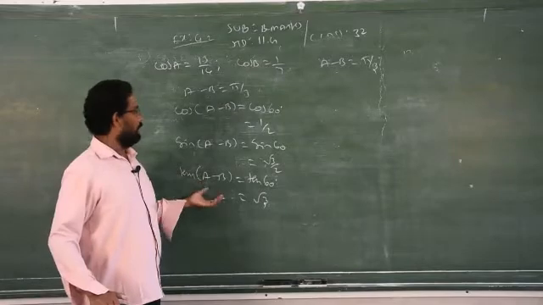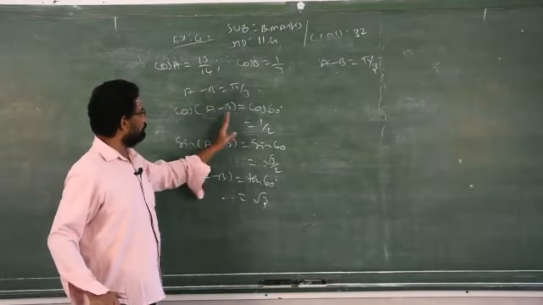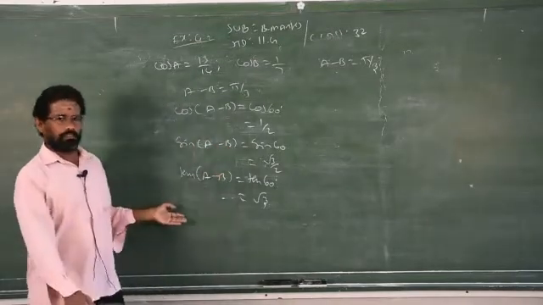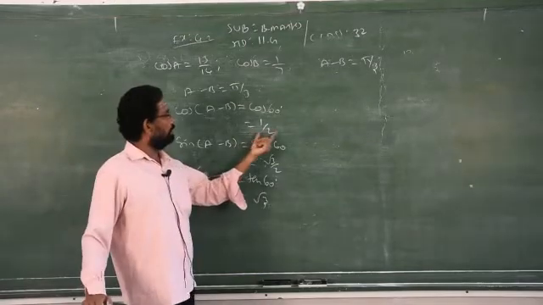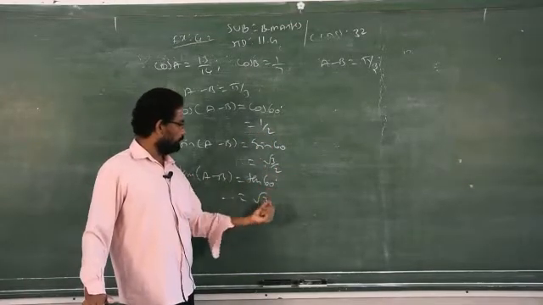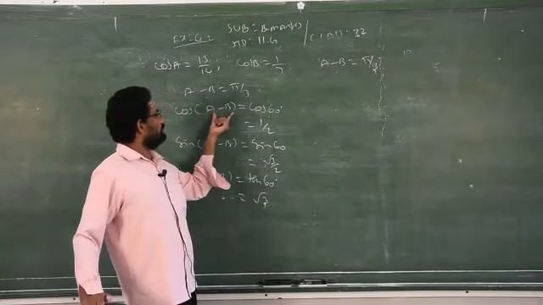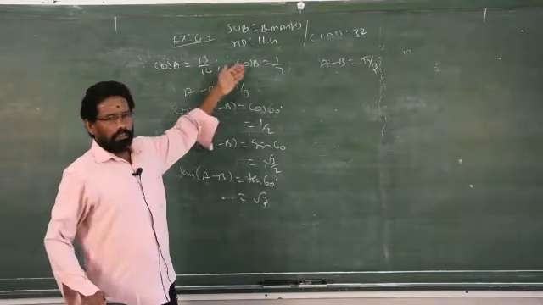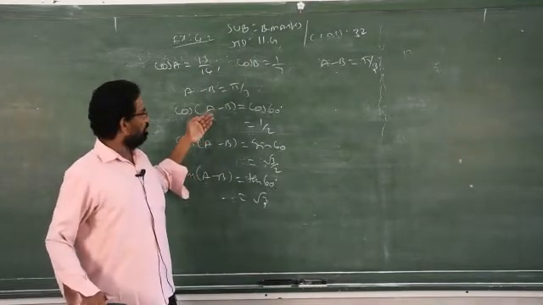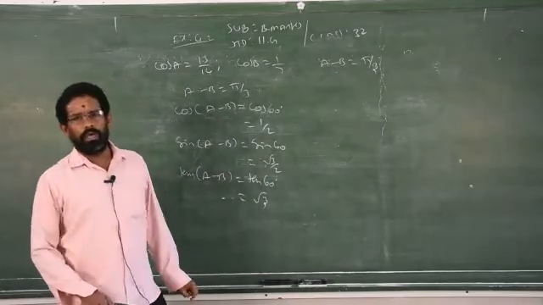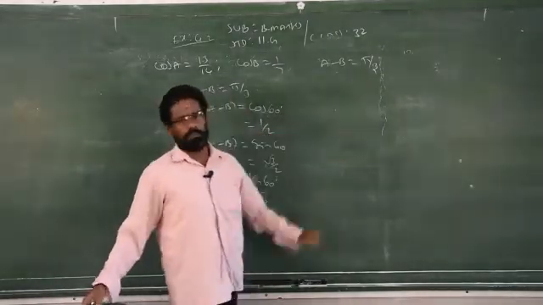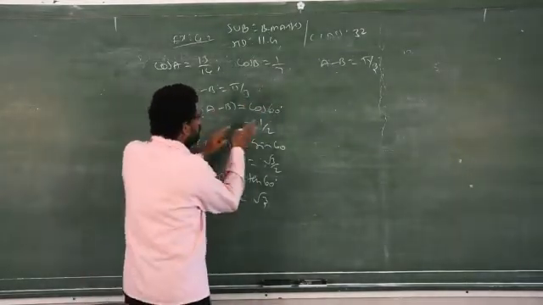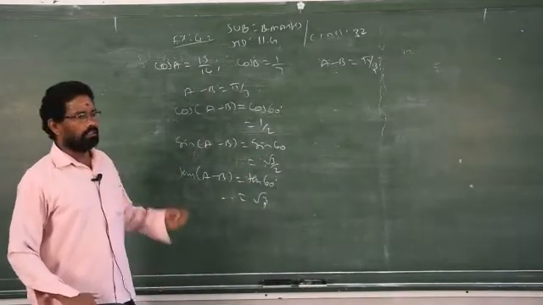Clear? If you simplify the left side by using the cos A minus B formula or the sin A minus B formula or the last one, your right side answer should be in terms of 1 by 2 or root 3 by 2 or root 3. So if you use the cos A minus B formula, after replacing these values in this formula, when the final answer is 1 by 2, then you have to say that it leads to which angle? Pi by 3. Reverse process. So you have to prove the left side answer is equal to the right side answer. Clear? So there are 3 possibilities.